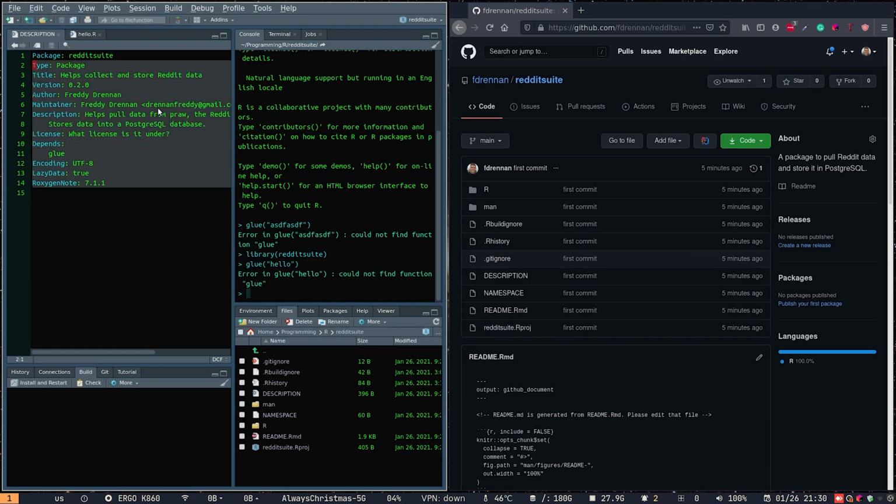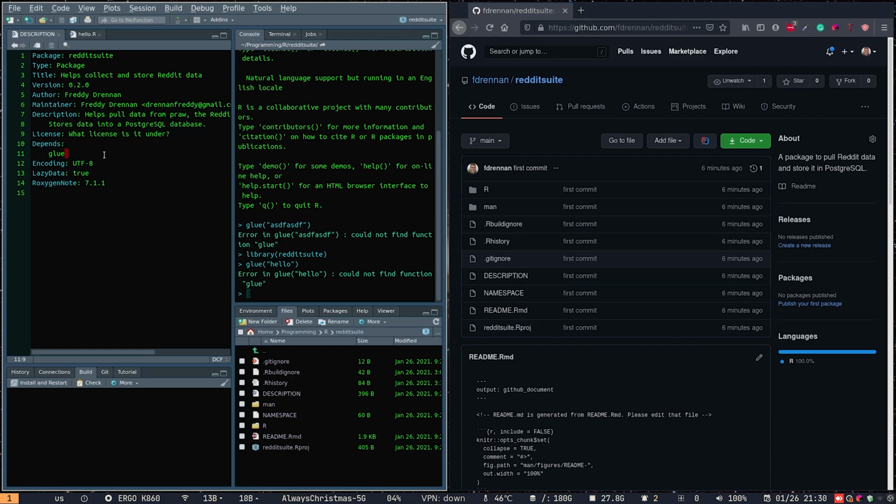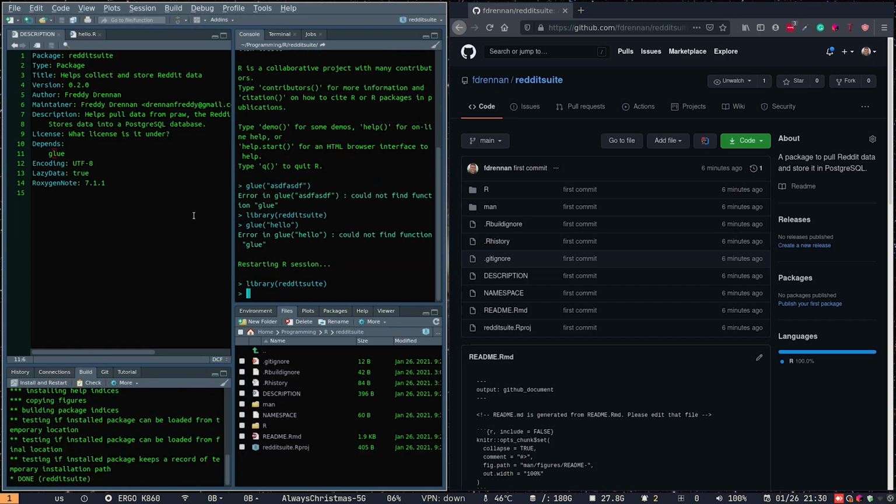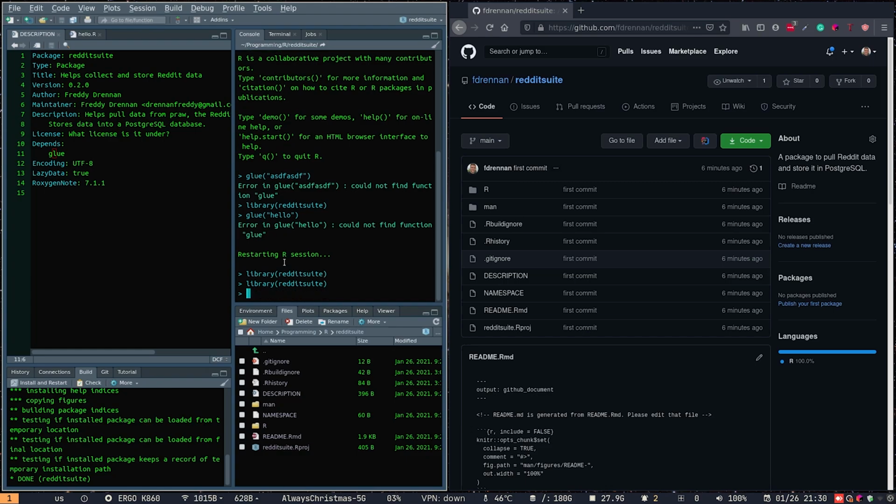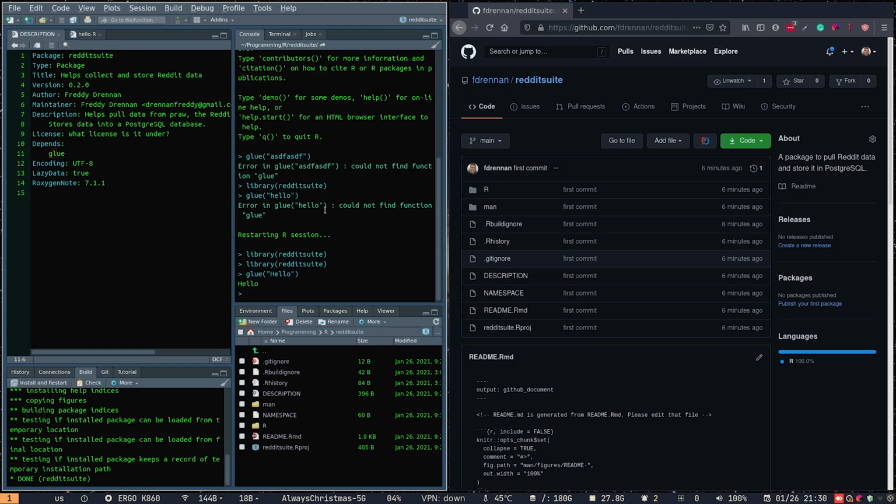So what we need to do first is, after we add a package to the depends, we need to click on install and restart. Okay, now when we call library Reddit suite, glue is available. Hello. Okay,